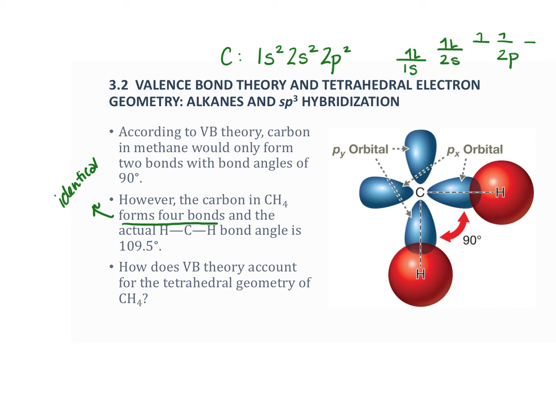We know that the bond angles are 109. We know that we form 4 identical bonds. So then how does valence bond theory account for this tetrahedral geometry of CH4, where we've got these 4 identical bonds? Well, there were a couple hypotheses, and the first hypothesis